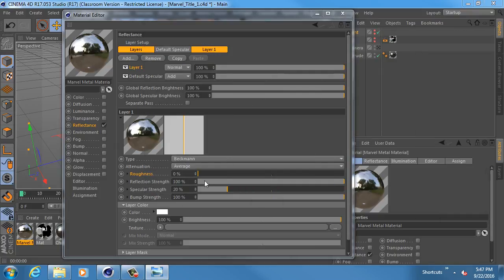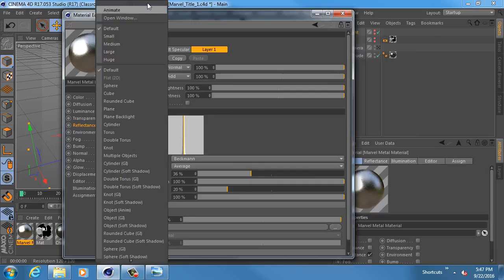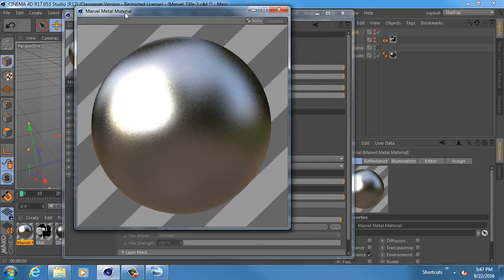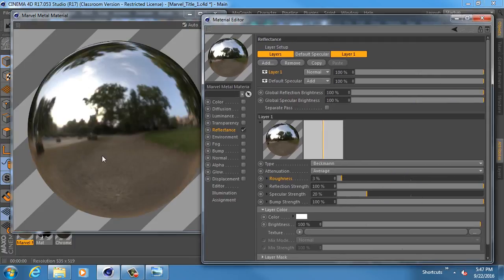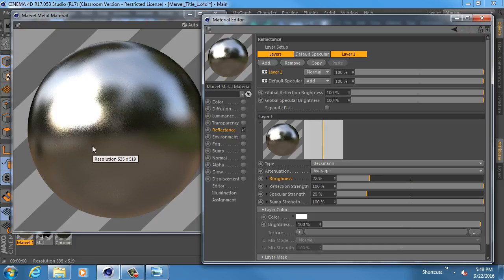So if we raise up our roughness to something kind of high, you'll see that this changed. This little open window, if I make this bigger so that you guys in the back can see it, as we change our roughness value, you will see that this goes from looking mirror-like to not mirror-like. And so a value not too high, maybe like 20 or 25, in my case will get the job done. And actually the reflection itself, the reflection strength, probably won't be as high,